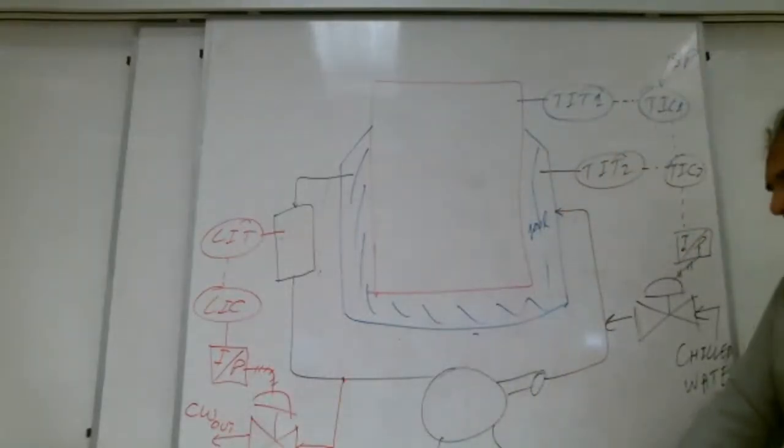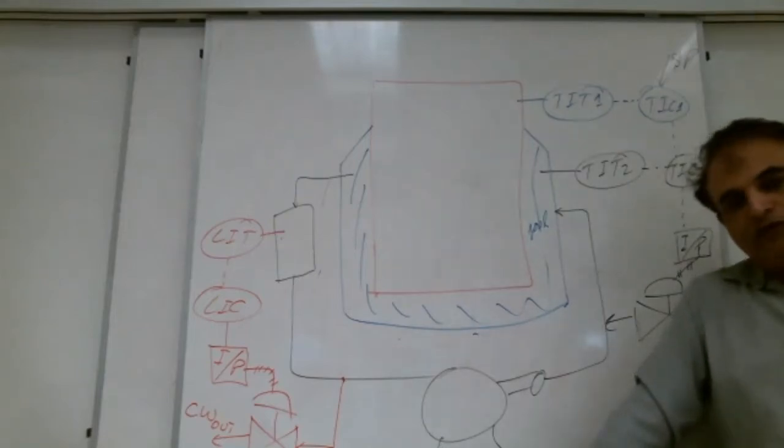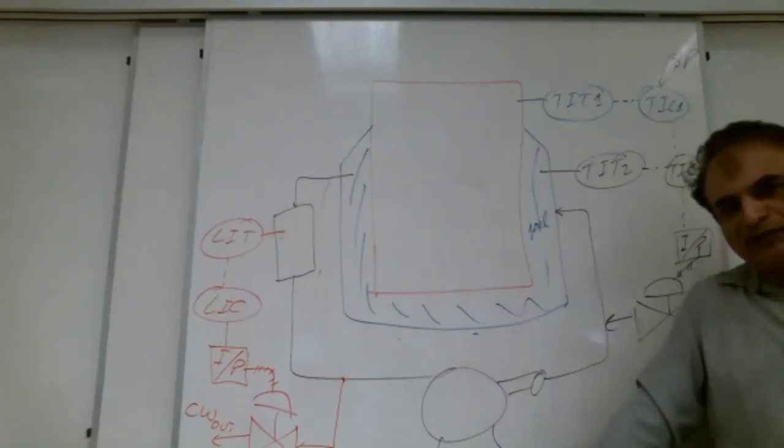How many controls are there, Shabab, in this loop? 3. Which one? Temperature indicator controller 1, temperature indicator controller 2, level indicator controller without any number. You are fine. You are saying correct. But these are the controllers. I am saying how many control systems are there? Only 1? 2. Very good. Lot of brothers they are writing 2.